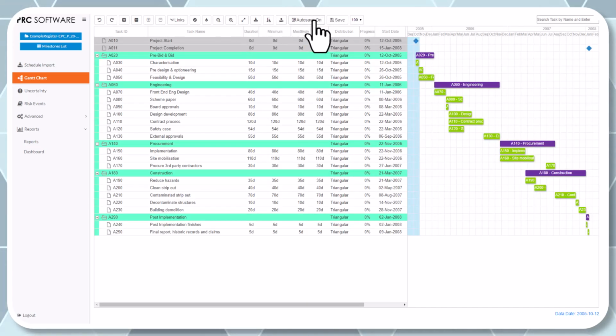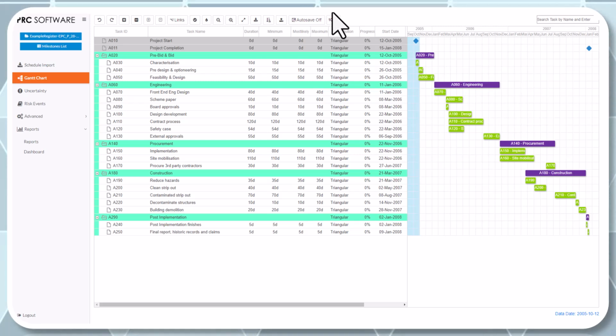Outside of that, you can turn autosave on or off. You have to hit the save button manually if autosave is turned off. With bigger files, you might want to do that just because when you make a change it recalculates the network, etc. Then the last one is a